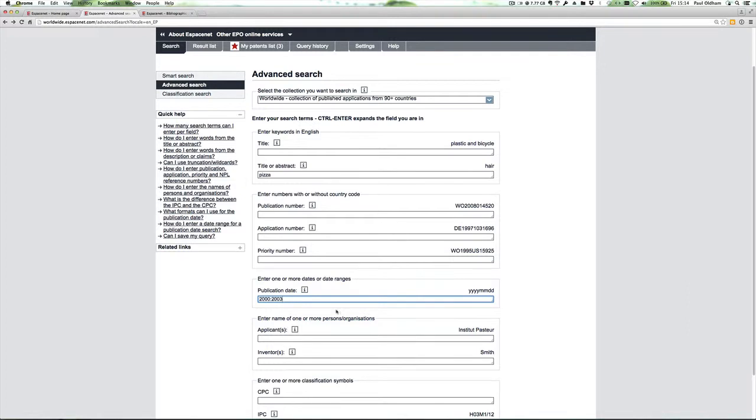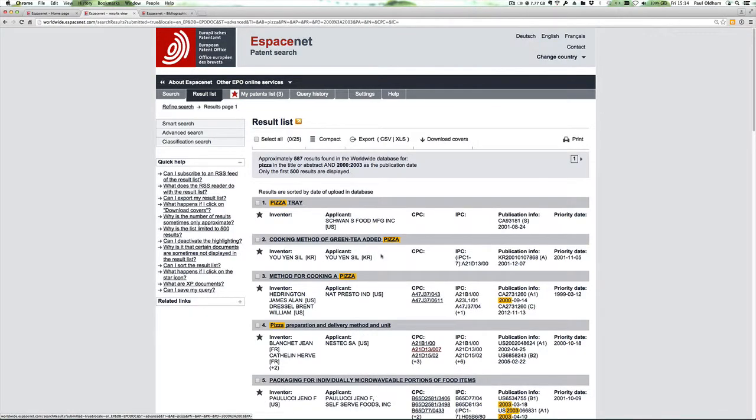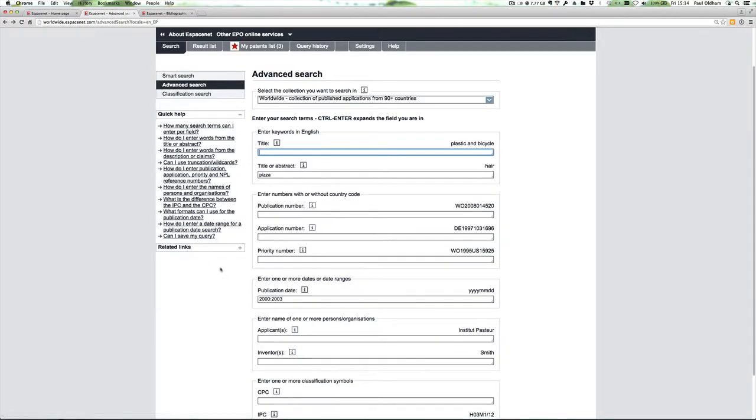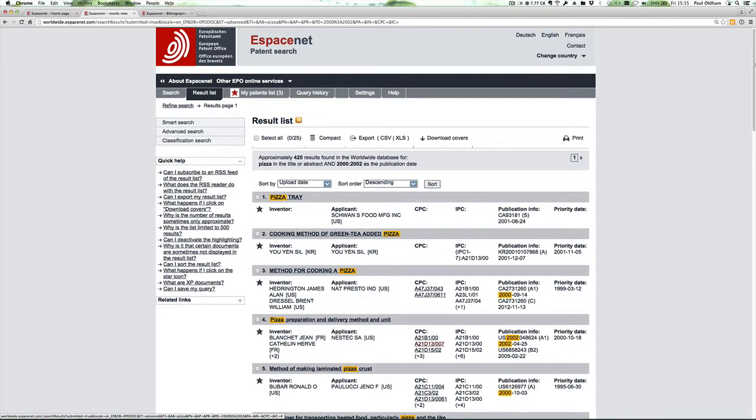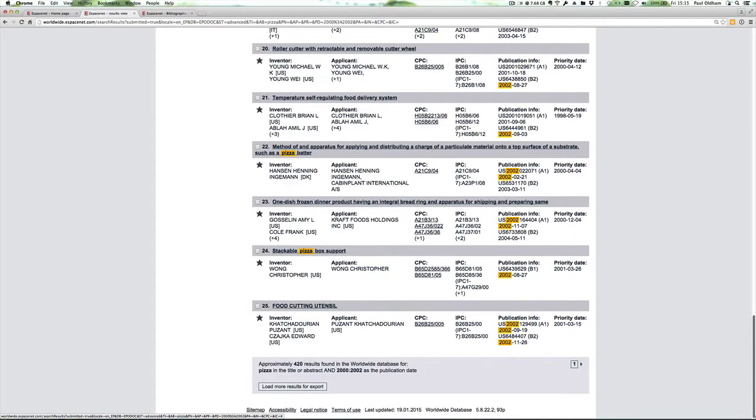We'd need to pull back a little bit, let's say to 2003. That gives us 587, so we might need to go in 2 yearly intervals. So that gives us 420. We could,